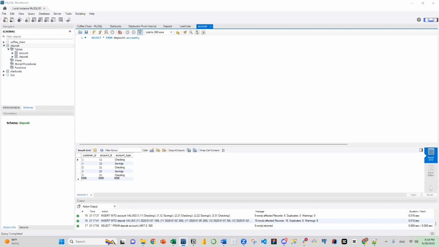I don't know if you know the difference between checking and savings. The difference is the checking account gives you access to cash, and it's very, very convenient. You can have a debit card linked to the checking account, or you can write a check